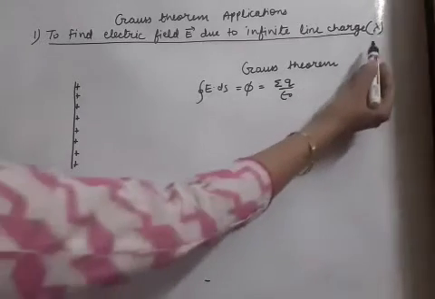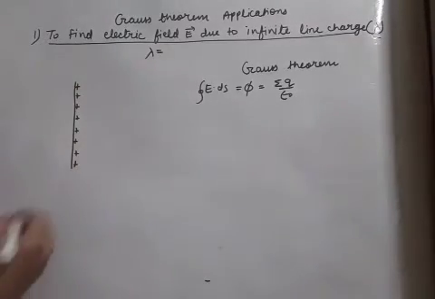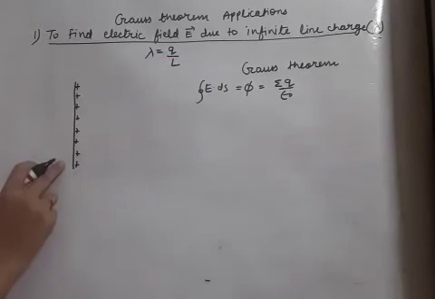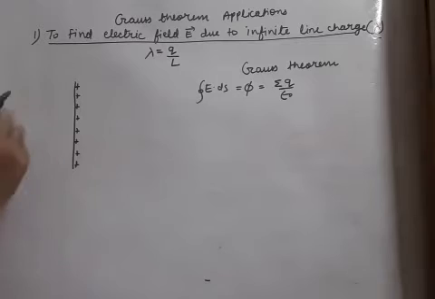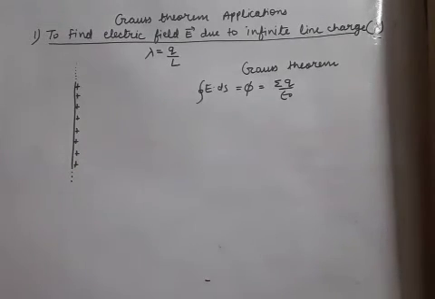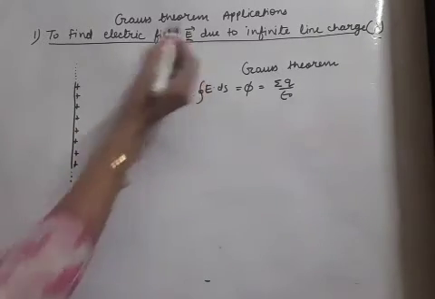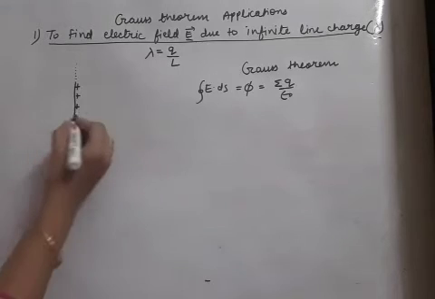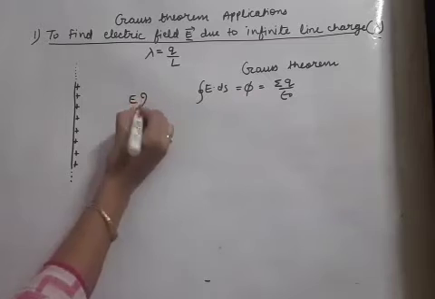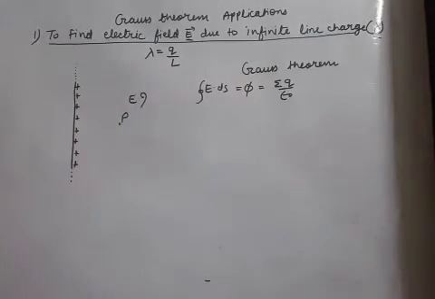And we have written here one term lambda. That means the line charge linear density is lambda. Its formula is Q by L, total charge upon total length of this line. Now it may happen that we are asked about the infinite line charge or finite line charge. Okay. How we will handle? Let us understand. We have to find the electric field due to this line charge. So suppose we are given some point P here where we have to find the electric field. So we will be applying the Gauss theorem for finding this electric field.